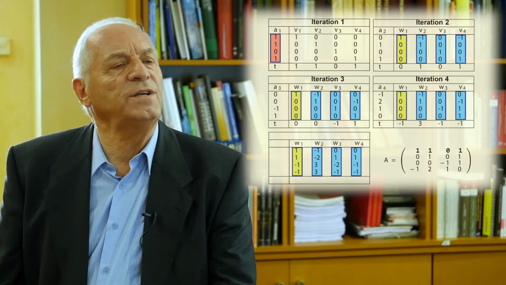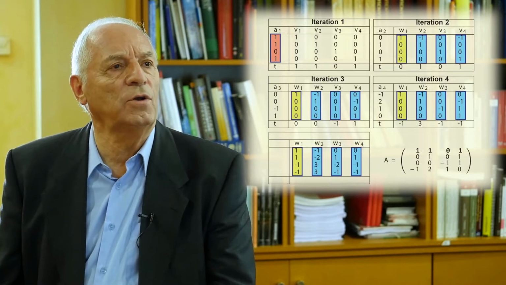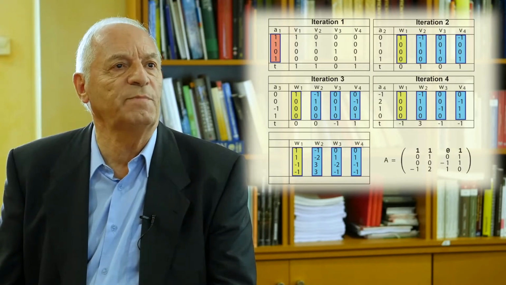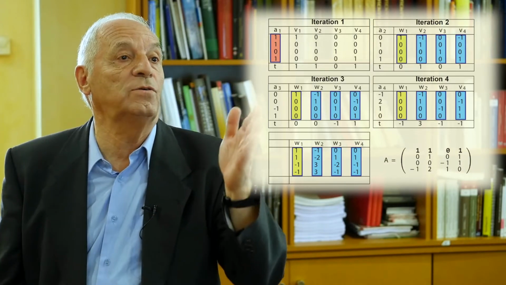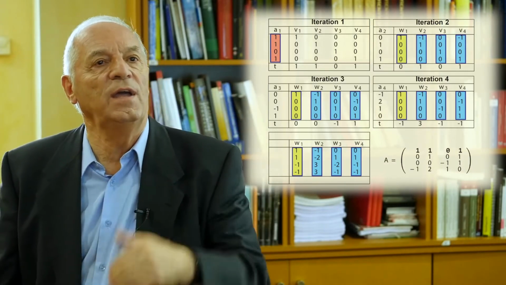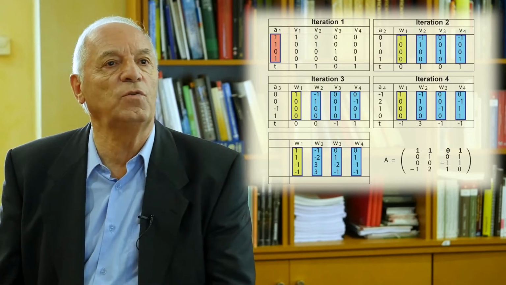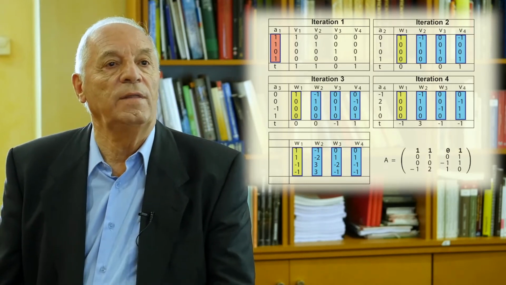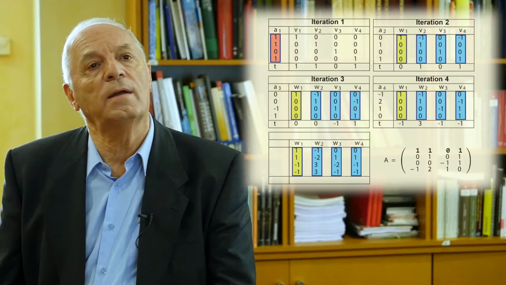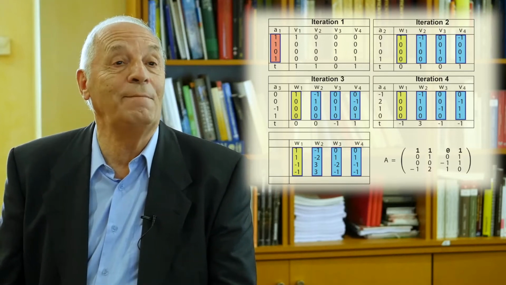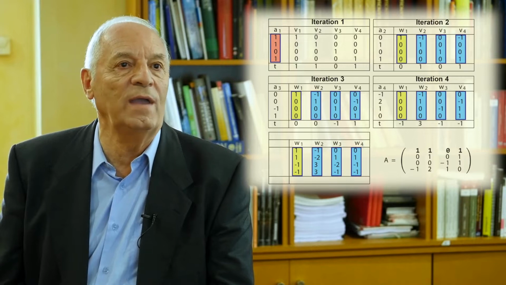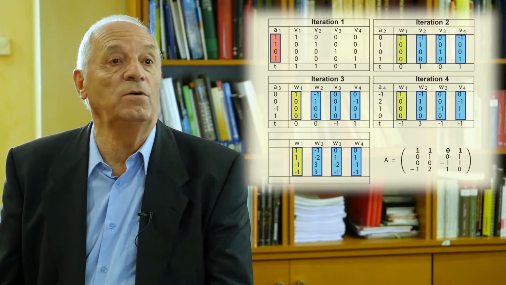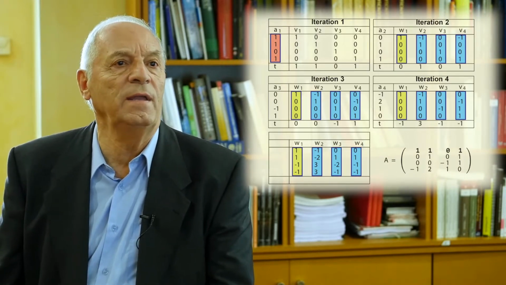The algorithm is designed to obtain the orthogonal subspace to a given subspace. For example, if I introduce the vector A1, 1, 1, 0, 1, and I pivot, in the second table, in iteration 2, the columns in blue are the generators, and really the basis, of the subspace which is orthogonal to A1, and the yellow one is the complementary generator.